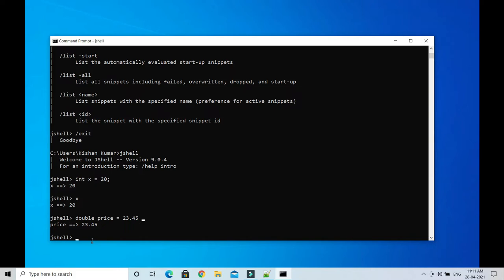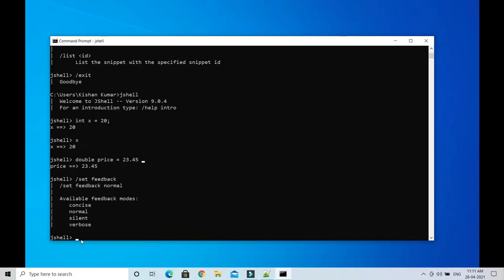While creating a variable or defining a method, class, or interface, if you want a nicer description, you may use a command called /set feedback. If you press enter, you'll see that feedback has a number of modes. The default mode is normal, which will not provide a proper description.